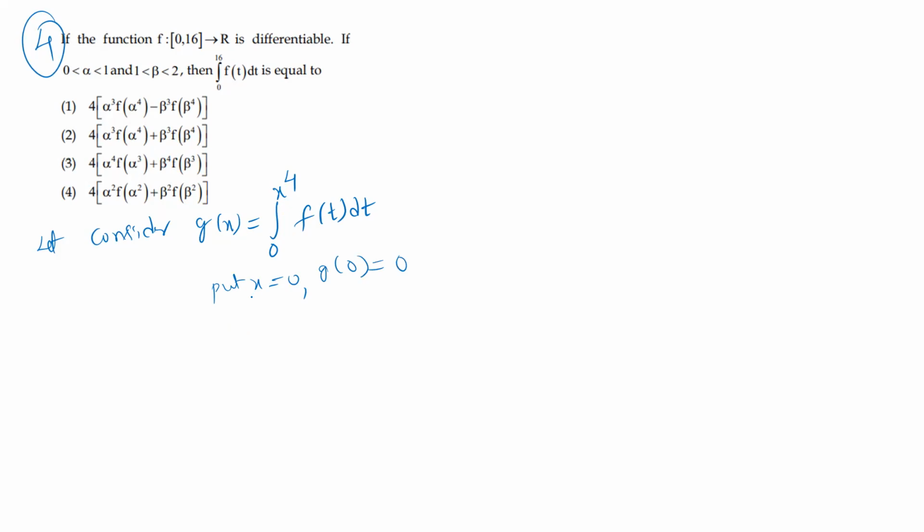Now for g, we take the interval 0 to 1 as one case, and alpha is one of the critical points for that. Similarly, beta is from 1 to 2. So I'm taking two conditions by the mean value theorem. For function g in the closed interval 0 comma 1, there exists some alpha that belongs to the open interval 0 comma 1.